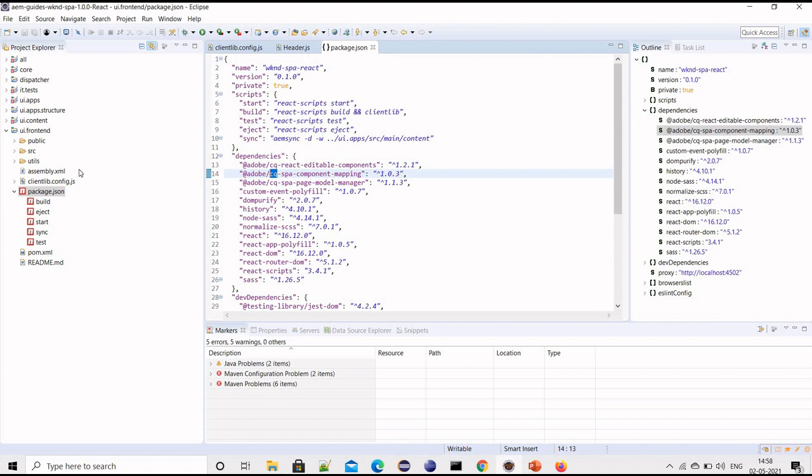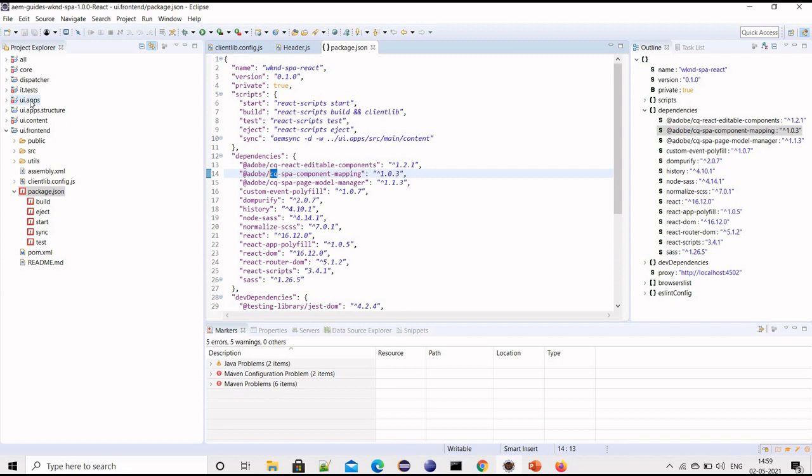Whatever scripts we have in React in UI frontend, using web technology, we minify and convert into the dist folder, or in our case the build folder, and then we copy it to UI apps, because AEM works on the client lib concept.